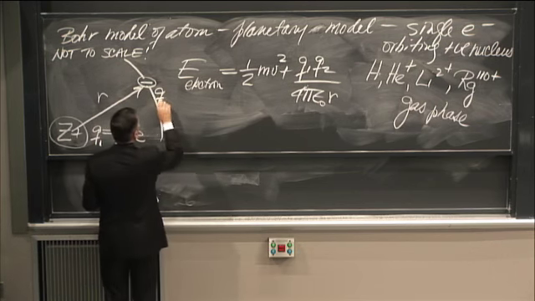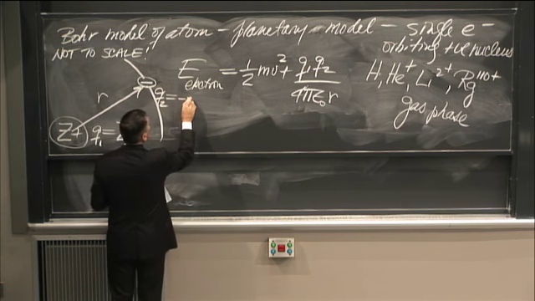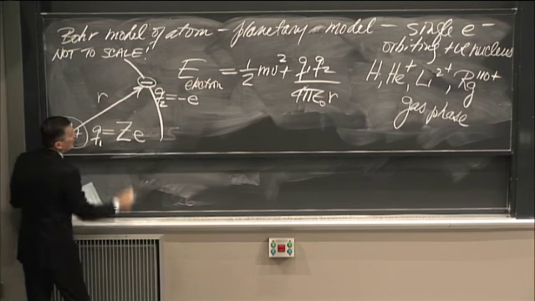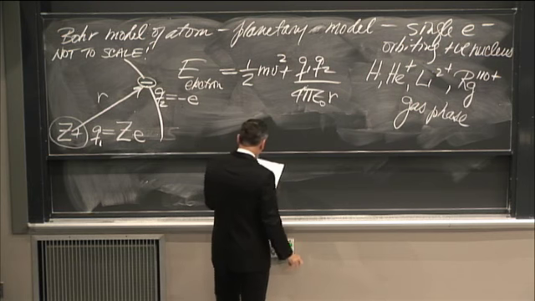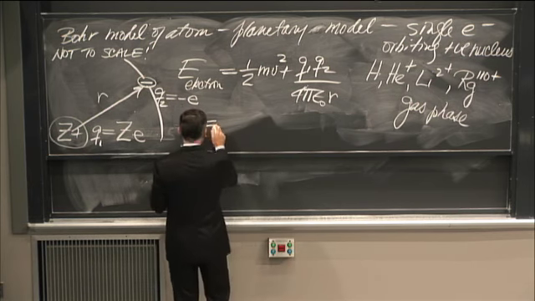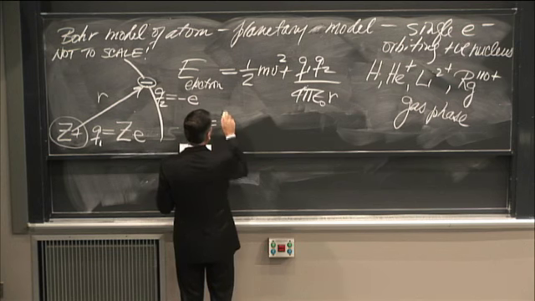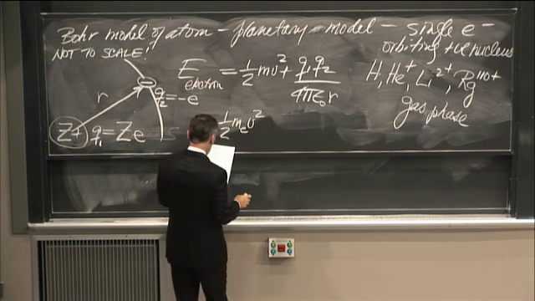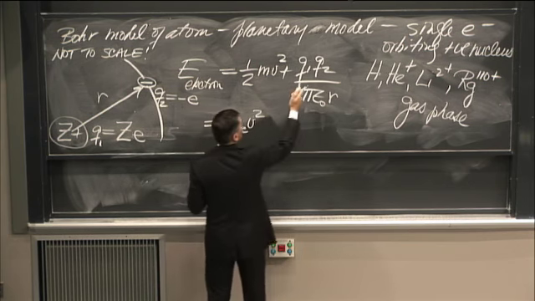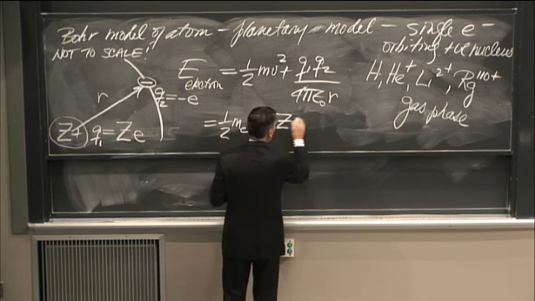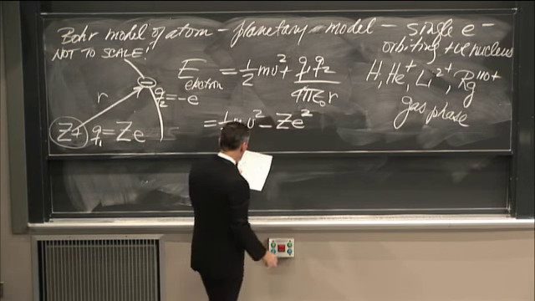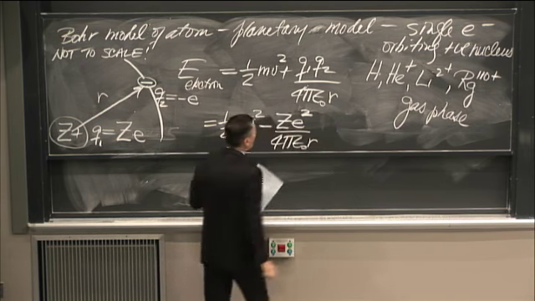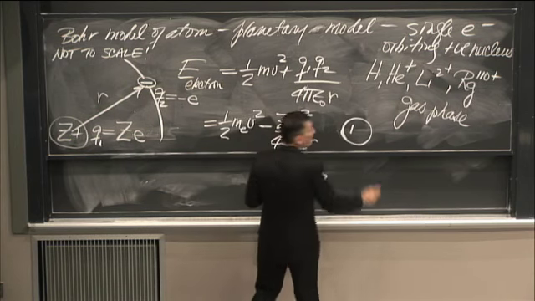And then Q2, which is the charge on the electron, is minus the elementary charge e. So we're always going to have minus e out here. What varies is Z. And so we're going to make some substitutions here. This is going to be one half the mass of the electron times the velocity of the electron squared. And now Q1 is Ze and Q2 is minus e, so that's minus Ze squared over 4 pi epsilon 0 r. I'm going to call this equation 1.